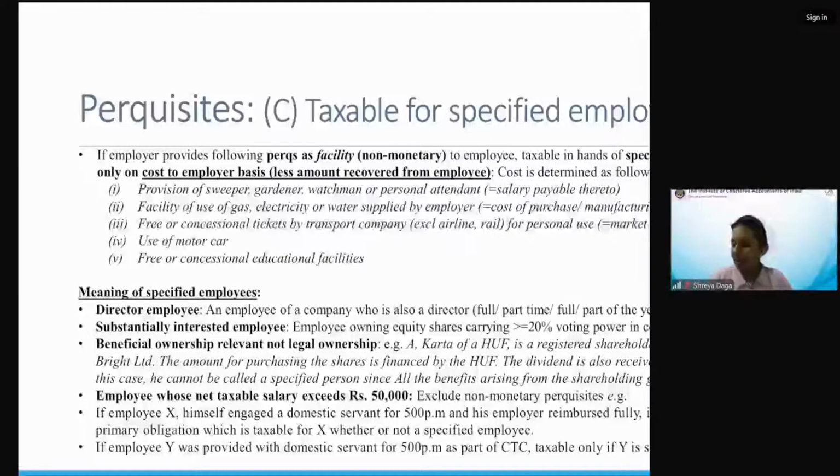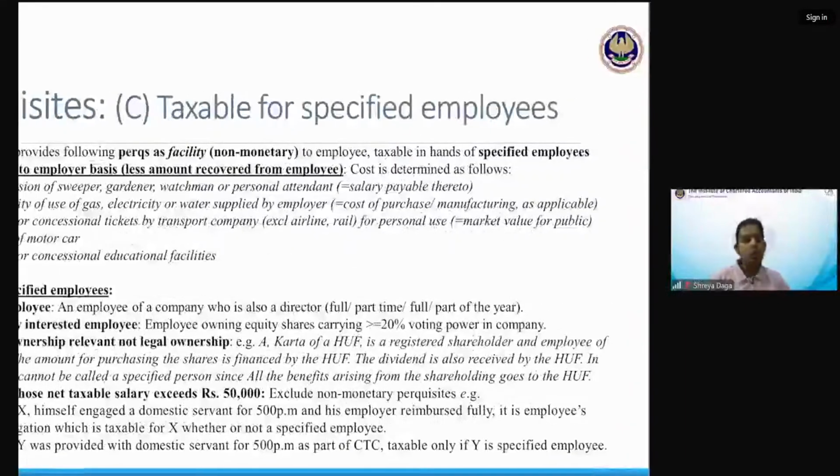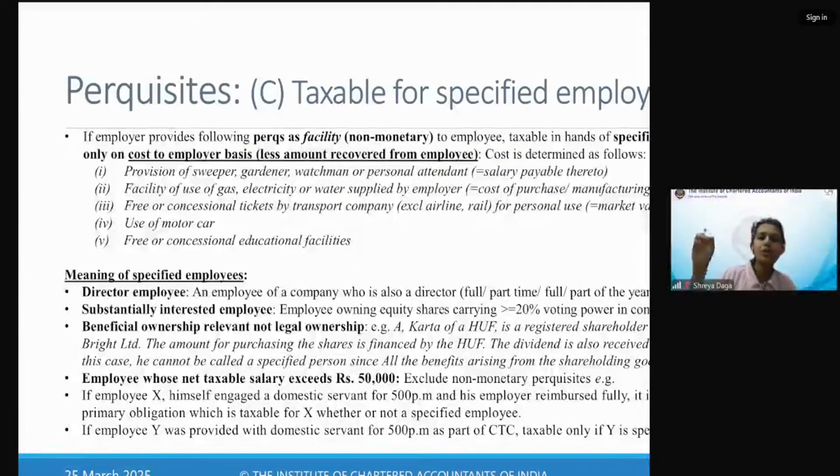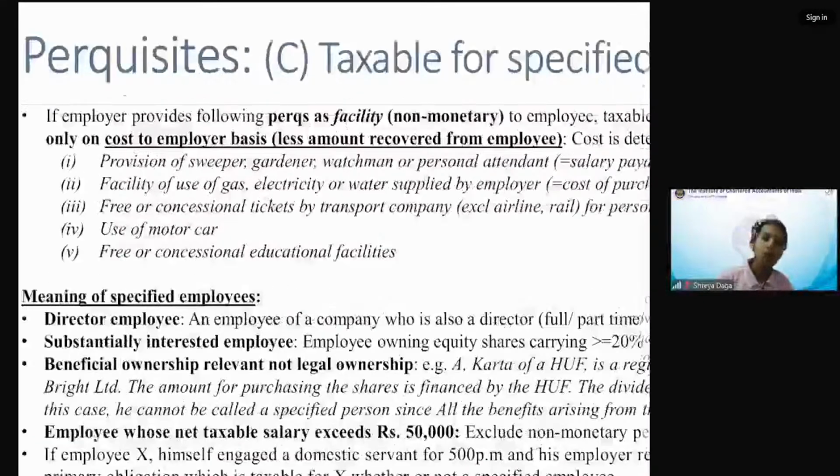अगर टिकट दे रहा है ट्रांसपोर्ट कंपनी फॉर पर्सनल यूज, तो उतना ही बेनिफिट आपके हाथ में जितना वो किसी और से लेते, मार्केट वैल्यू टू द पब्लिक, दैट इज द बेनिफिट इन योर हैंड। अगर मोटर कार आपको यूज करने दे रहे हैं तो इसका एक कैलकुलेटेड बेनिफिट है, देयर इज अ मैकेनिज्म ऑफ कैलकुलेटिंग, वो हम लोग बाद में करेंगे, ठीक है। और अगर आपको एजुकेशनल फैसिलिटी यूज करने दे रहा है तो इसमें भी एक कैलकुलेशन है, मतलब इसमें कुछ डिटेल्स है, वी विल डू दैट लेटर, ठीक है ना। ओके,